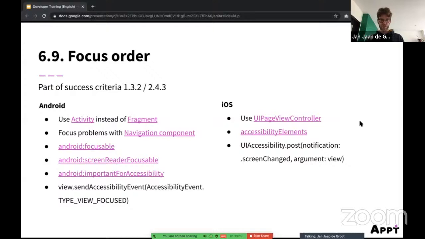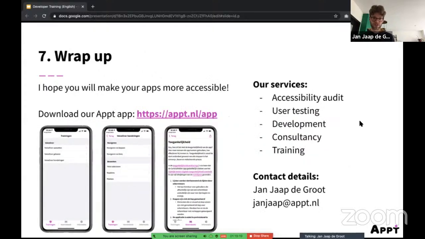So that's it for this webinar. My goal is that you try out one of those assistive technology features on your own apps and make your apps more accessible. Maybe you can download our own app. It's also open source. It's accessible. So you can look into our own source code and see, maybe you can learn something from it. And we also have our knowledge base in it. It's available for free for everyone.